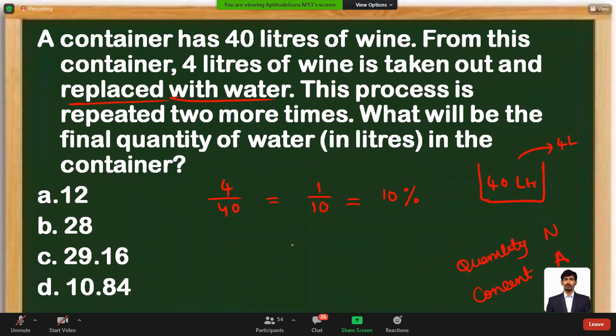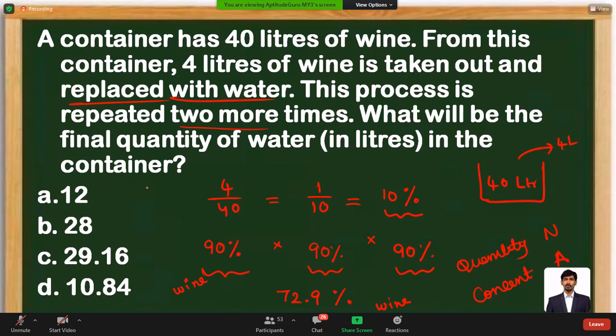It's done repeatedly. Repeated increases will come under this, and whenever the terms are in the form of a product, you can apply successive percentage. Repeating is happening, so we can multiply them. So 9 cube is 72.9%. That is the wine which is going to be left. But then they are asking what? 72.9 is indicating the wine.